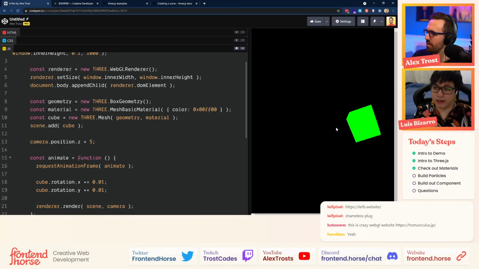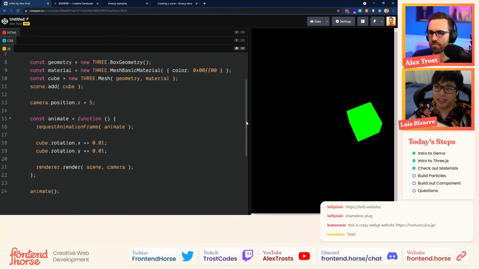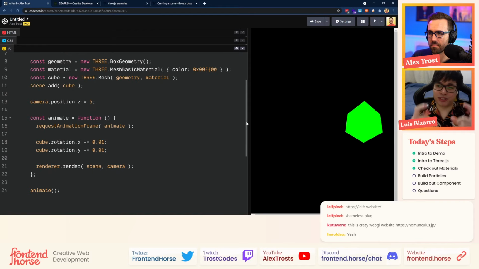So that's why it is purely green. And then we're applying that to a mesh. The mesh is the class that wraps up the geometry and the material, blending these two things together, and then we apply that to the scene. The scene now contains the cube, and then we position the camera a little bit further from the cube, and then we just rotate the cube in the X and Y axes.